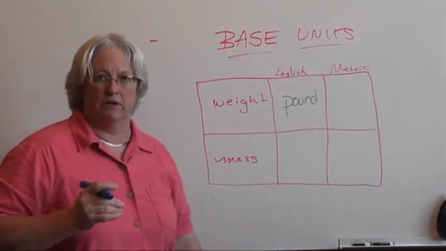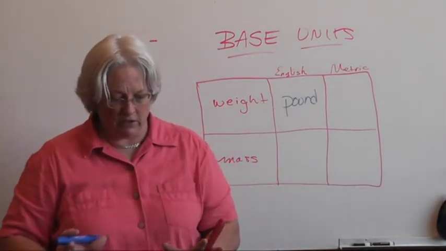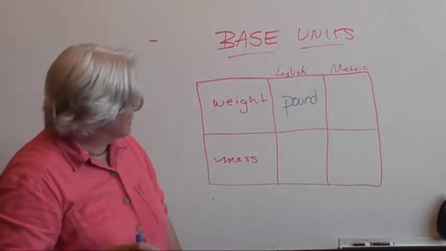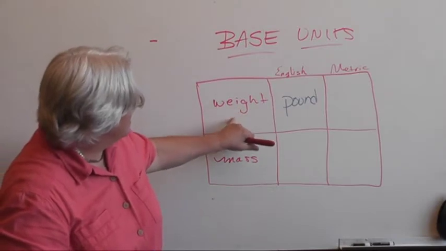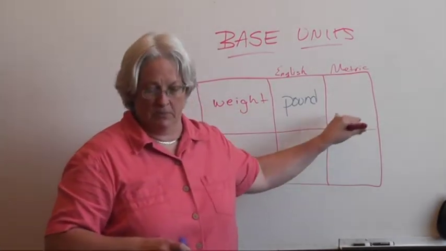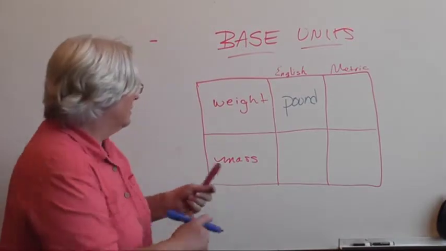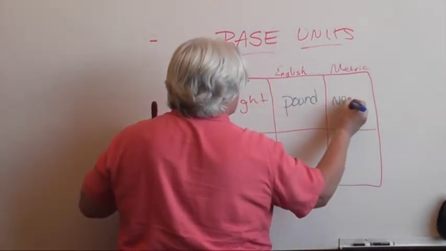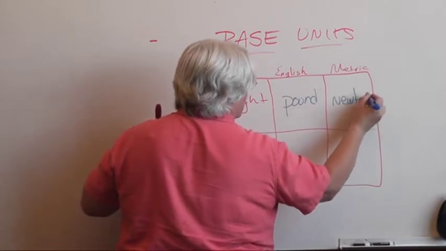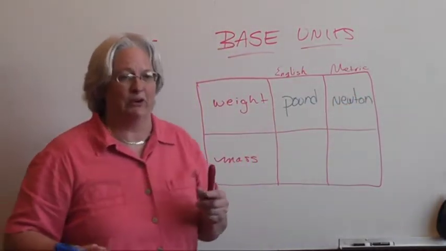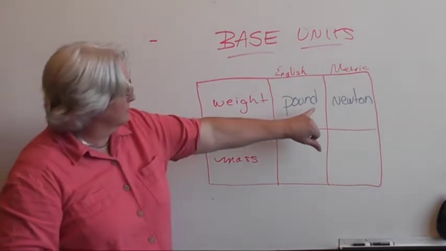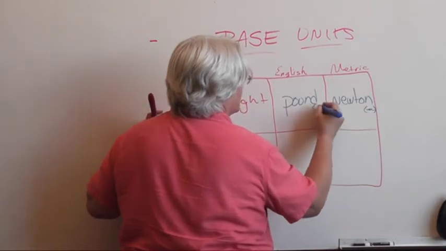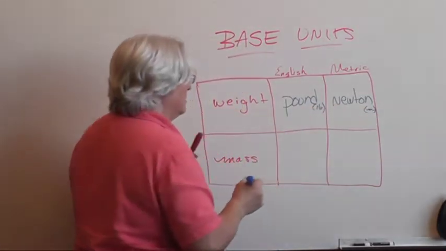In the metric system, if you have ever had any familiarity at all with the metric system, I don't think I want to go there yet. Okay, weight and metric system. This is something that we'll talk about later, and I'm going to have to study to keep ahead of you on this because it's been a while since I've worked with Newtons. And no, it's not a fig Newton or a strawberry Newton. It's just a Newton. The abbreviation is a little n. The abbreviation here is LB.